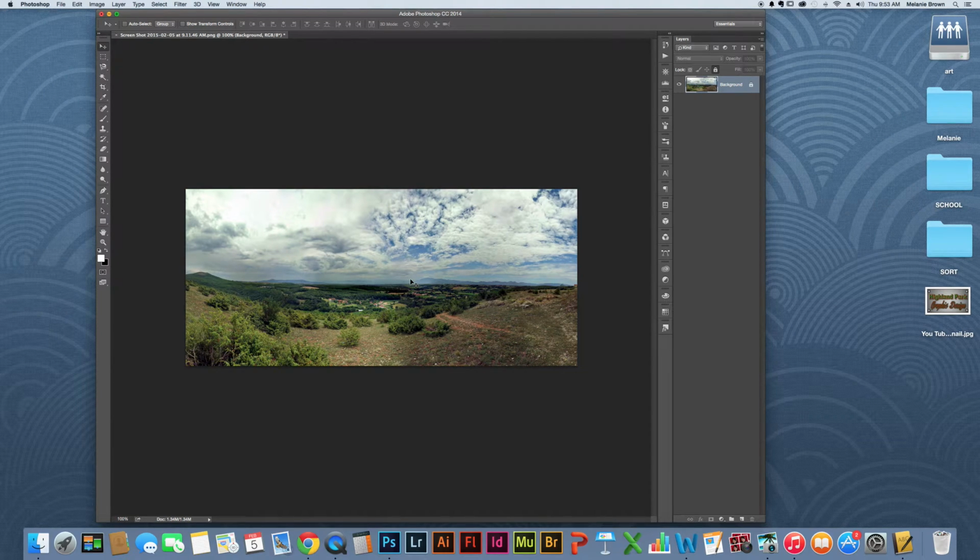Hello. In this tutorial, we're going to create something called a little planet. It's kind of a fun technique that takes a panoramic image and turns it into a sphere. You might consider it kind of a silly technique, but what it's going to do is